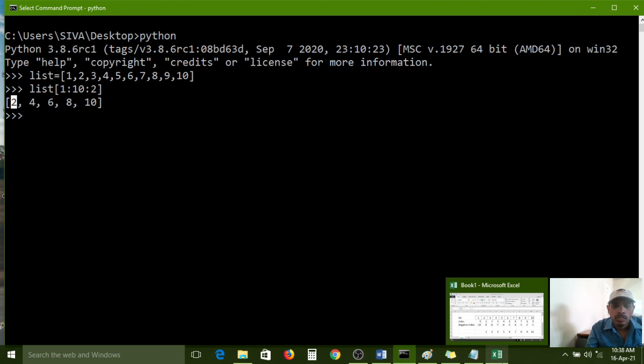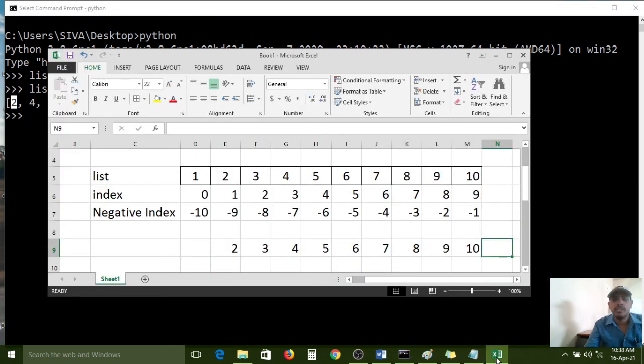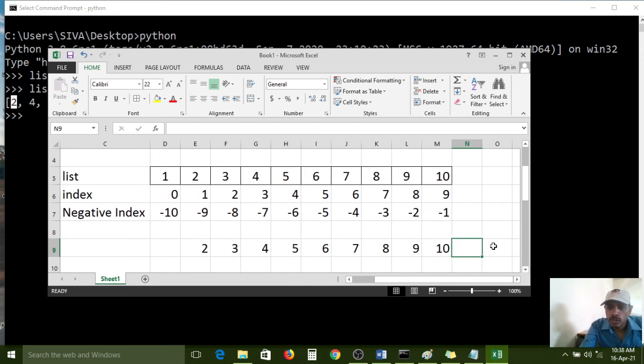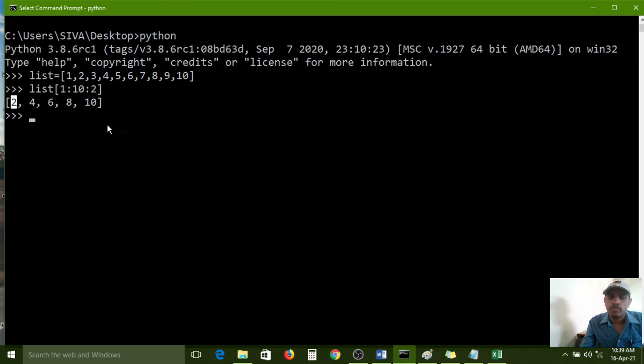So the 9th index element it will print. The last element is not included in the end point. If you have an 11th element also, it cannot print because the end point is not included. So the previous point is what? 10. So that's why 10 it has taken.